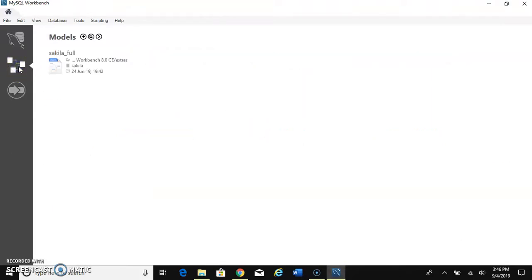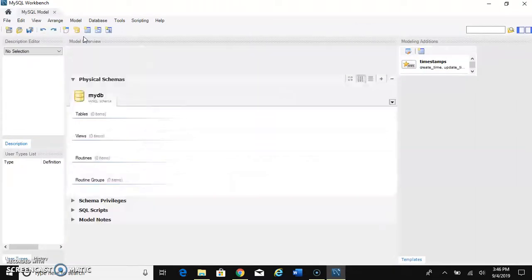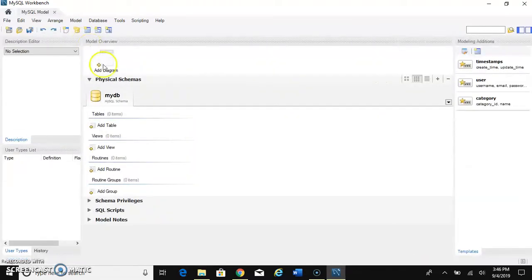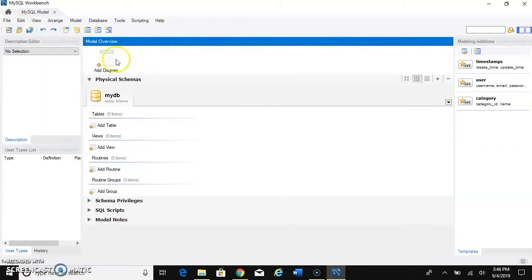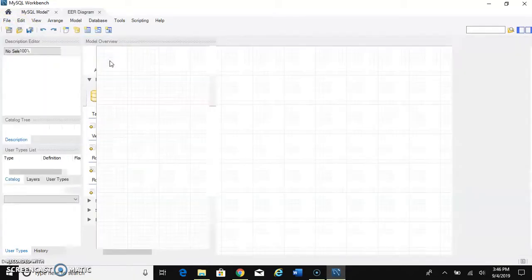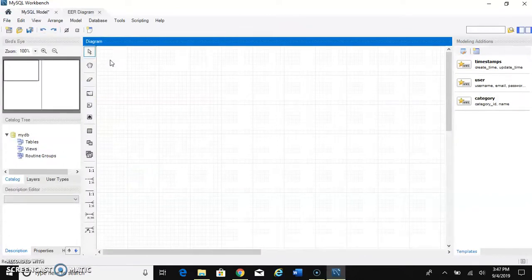That's if you are building an ERD and you are not linking it to a specific database. So click on the plus to add a new diagram. You can add the new diagram from here. You can also go to File, New Model. And if you double click on a new diagram, it should open the user interface that can allow you to